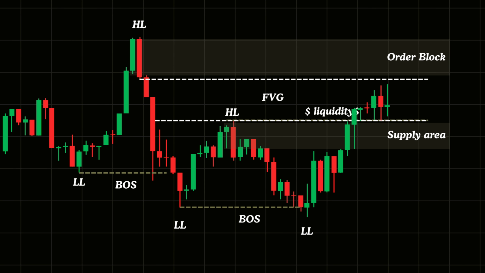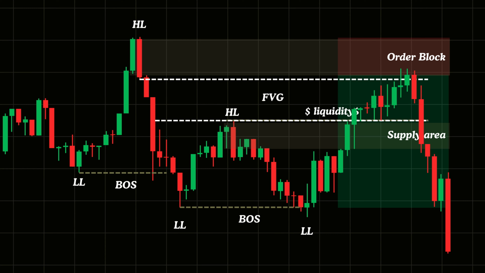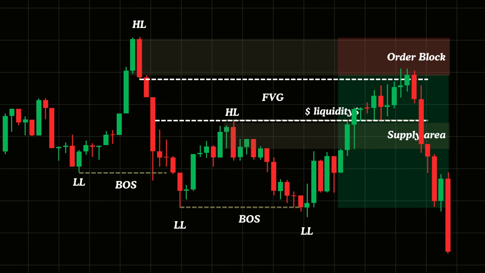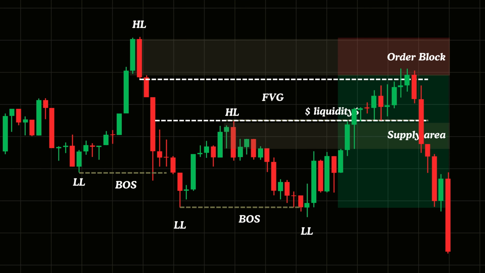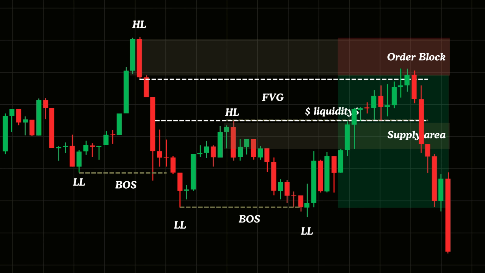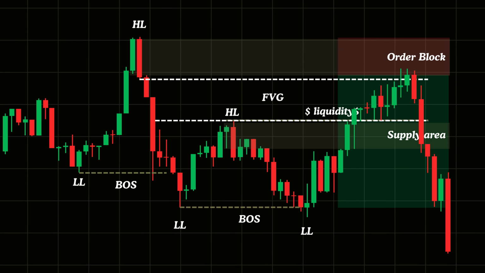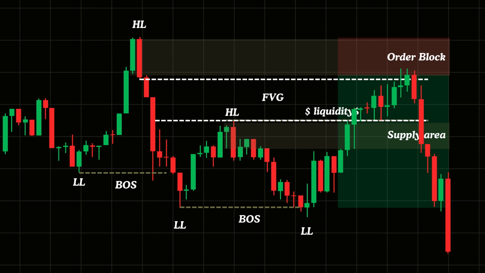We will place our sell limit order just below the order block, accounting for the spread, and set our stop loss just above the order block. Once the price moves in our favor and reaches 2 times our risk, we will close 50% of the position and move the stop loss to break even. Our final target will be the next significant structure level visible on the higher time frame, aligning with the market's